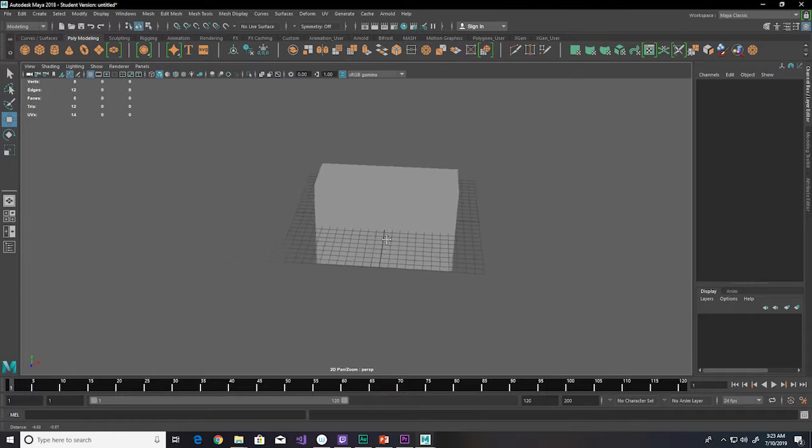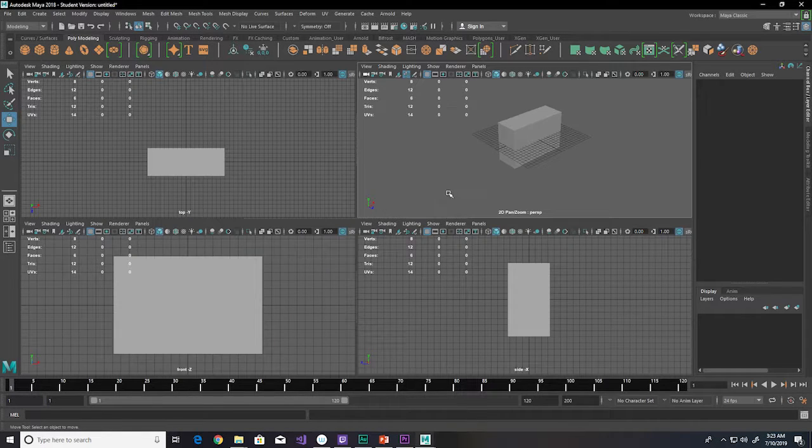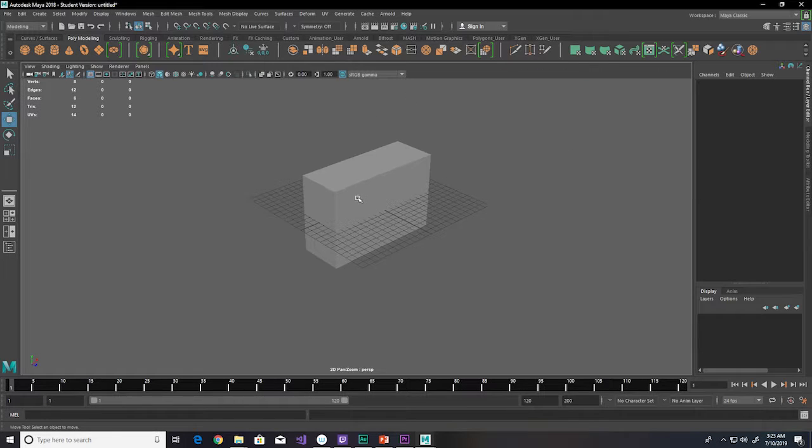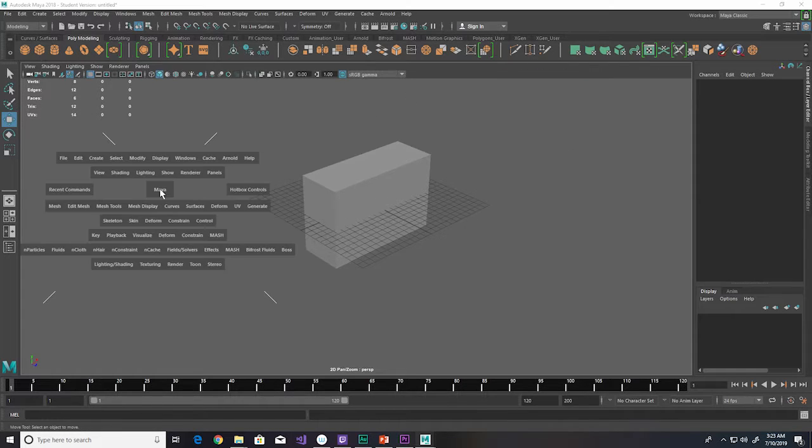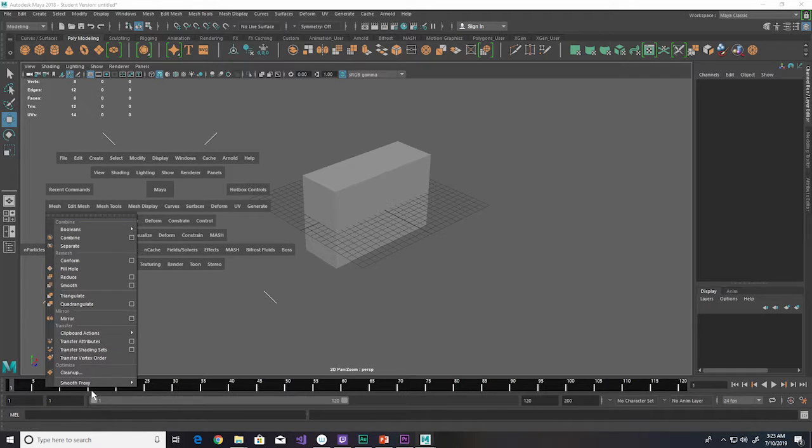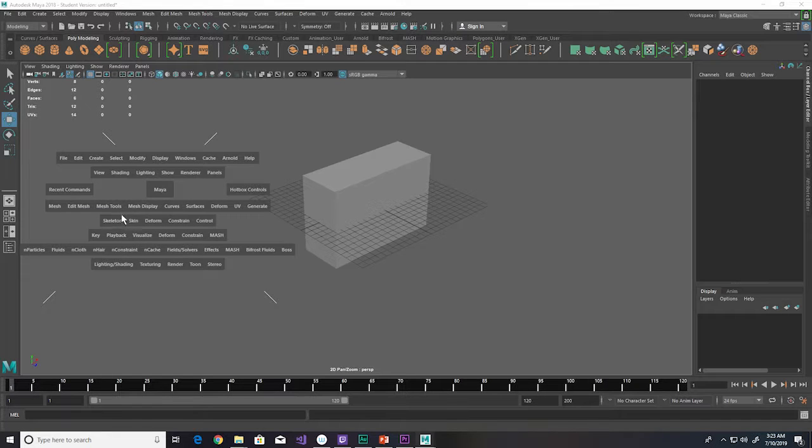And last thing we're going to talk about are the quick menus in the hotbox. Now you'll notice whenever we hit the spacebar like that, you see a little menu pop up there for a split second. Now if we hold that down, we have access to this thing called the hotbox. And the hotbox is designed to give us access to all of the menu options that we might not have